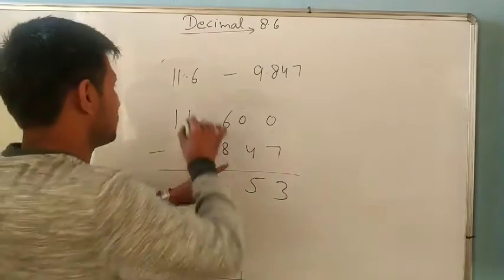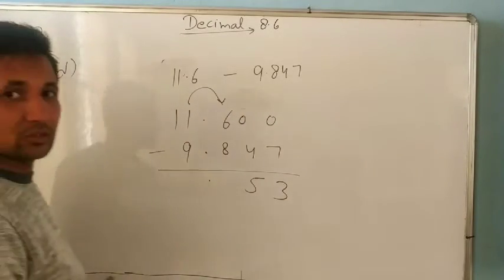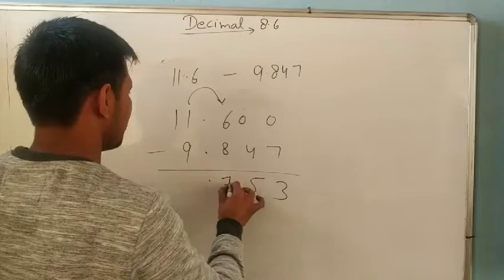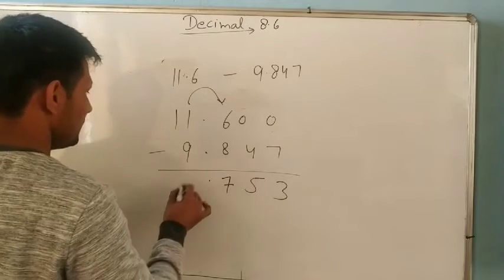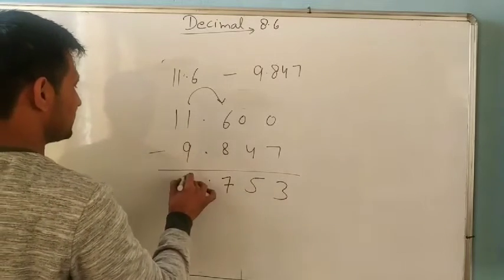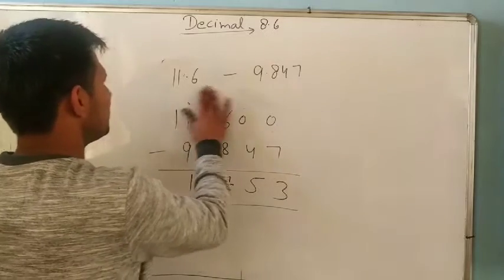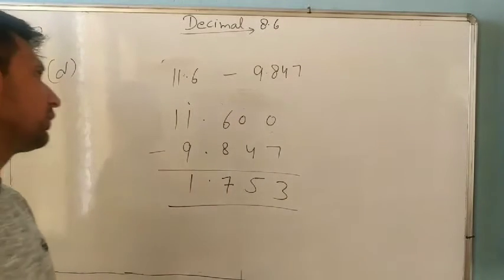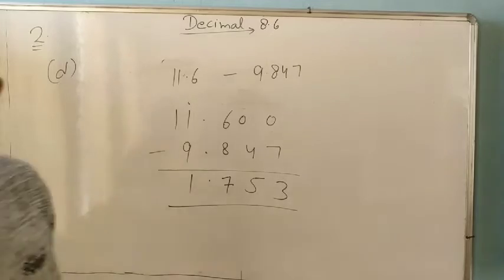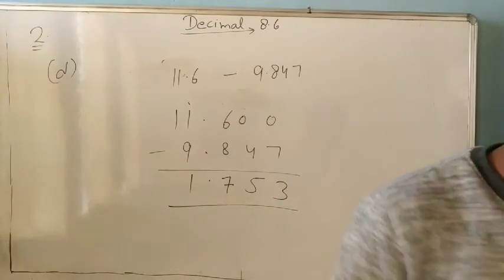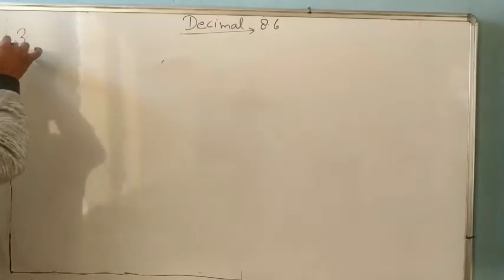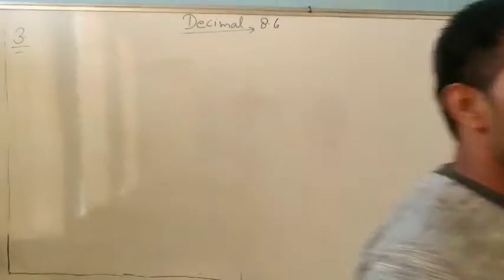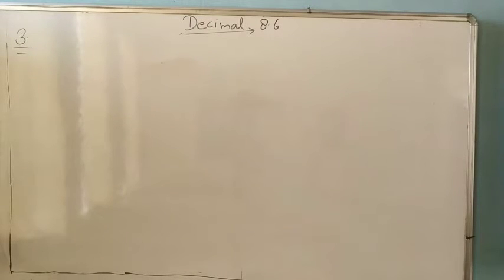5 is also smaller than 8. So 1 is carried from the one's place. So it is 15 minus 8, 7. It remains 10, 0. So again 0. So 10 minus 9, 1. So what remains? 1.750. Understand it? So you can do this one yourself. Okay. Second question also very easy. Now only 5 more questions are left of this 8.6. Okay. So now question number 3. Very easy exercise. In 8.5 only addition was given and here subtraction is given.